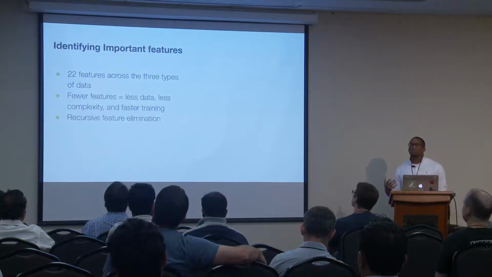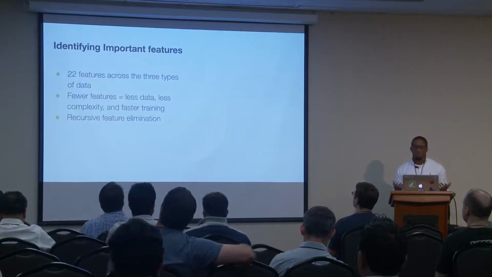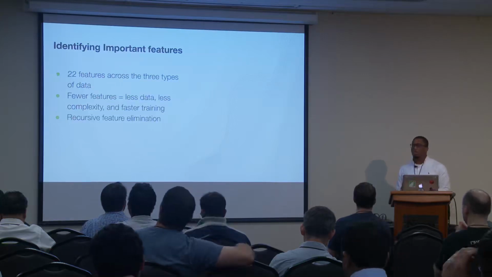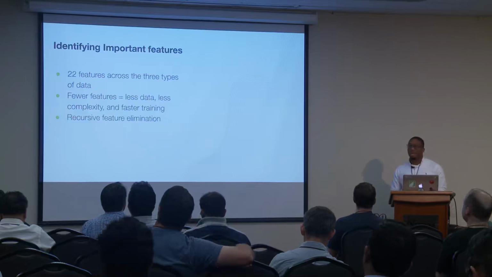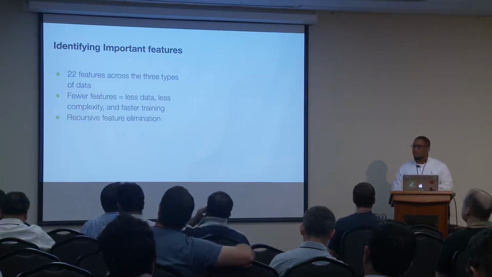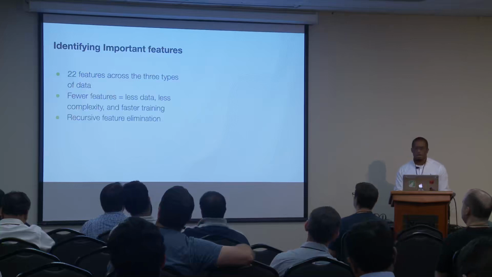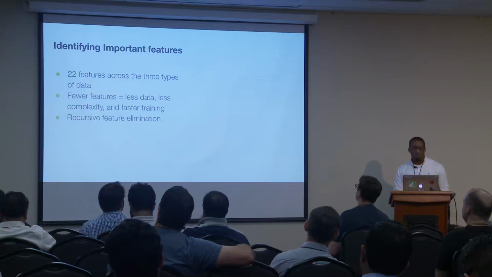So what we wanted to do was try to identify what were the best characteristics in order to do this classification. We had over 20 features, but at scale, if we were trying to do this continually, having fewer features is very beneficial. That means you have to store less data. That means your model is less complex, and it usually means that it takes less time for your model to actually train. So in order to find what we said, trying to find the 5 most important features, we use